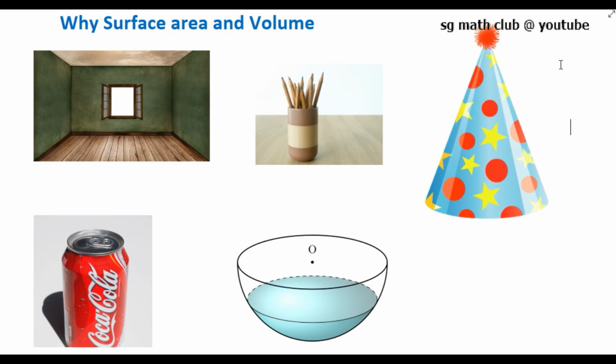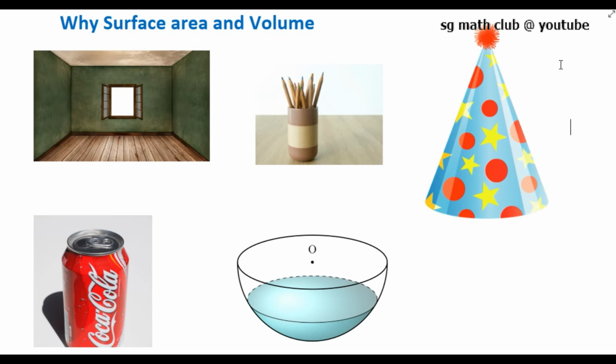Now, while you are studying surface area and volume, suppose you want to paint the 4 walls of your room. You need to buy the paint, so you should know the surface area of your walls. This can be calculated using the surface area of a cuboid. Since the room is in the shape of a cuboid, you can calculate the area of 4 walls by using the lateral surface area of the cuboid, and you can buy the paint.